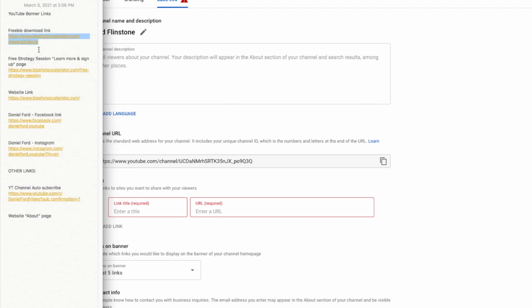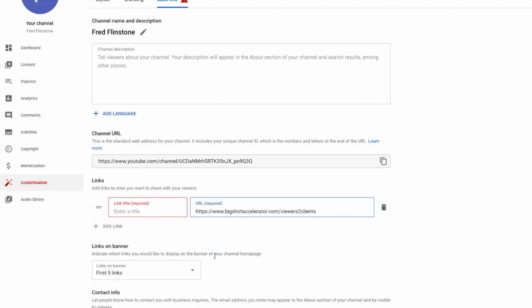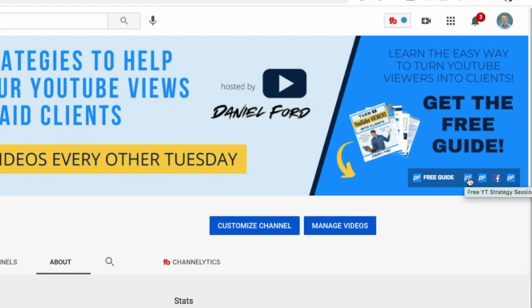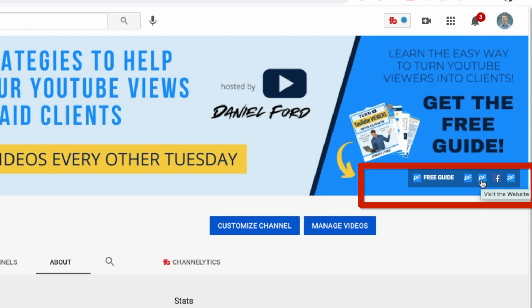And I've got all my links over here in my notes app. So I'm just going to copy and paste this link right into here. Now for the required title text here, you don't necessarily want to put the name of the lead magnet right here. For the other 4 links, this text that you put in here is actually going to be the tooltip text. That will only show up when the visitor's mouse actually hovers over the icons right here.